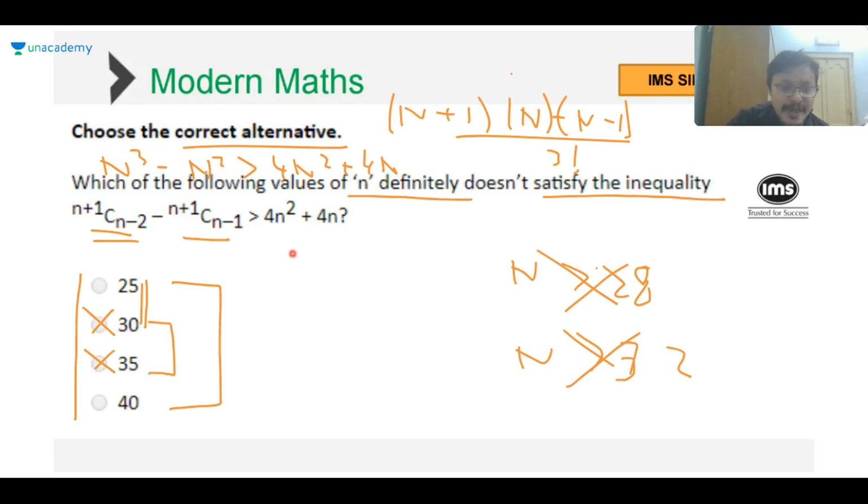So the larger the value of n comes, this condition will always hold. So the more you increase the value, it will always hold. The only value where it cannot hold is the smallest of the options. Because note, had it held for 25, it would have held for all the other options as well. So the only possibility is for 25, it doesn't hold. After 25, somewhere it starts holding. So simply look at this term. This is of the n cube form, which means mark the smallest answer, leave.